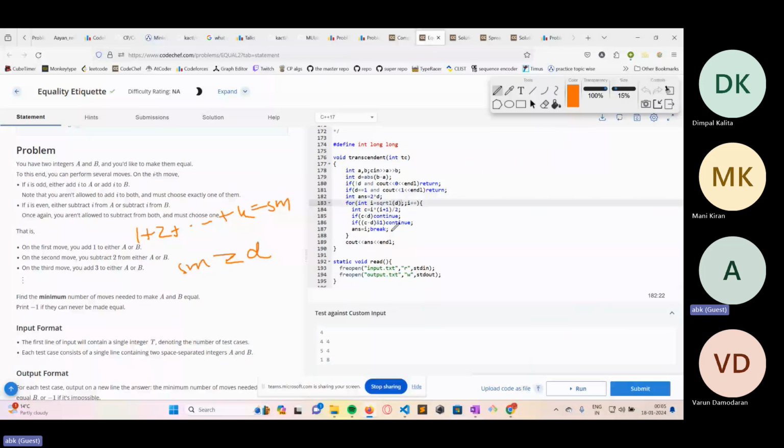We check: the sum is basically k times k plus 1 divided by 2, so it's roughly k squared. So I iterate from root d, and if the sum of the series 1 to k is less than d, then I just continue. If it's greater than or equal to d, now I check the remainder. So c is nothing but the sum from 1 to k. If the difference between c and d, that is the sum minus the difference,